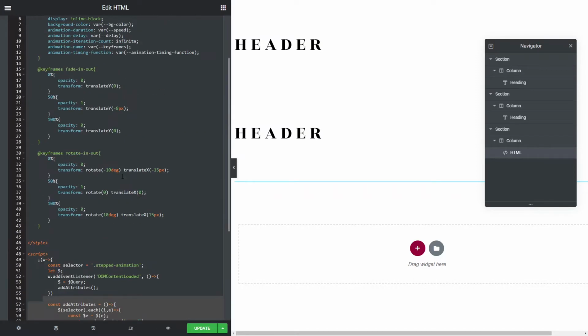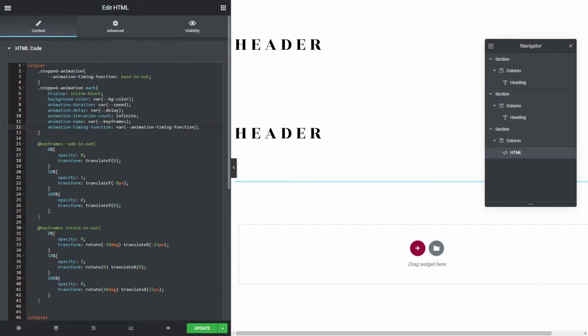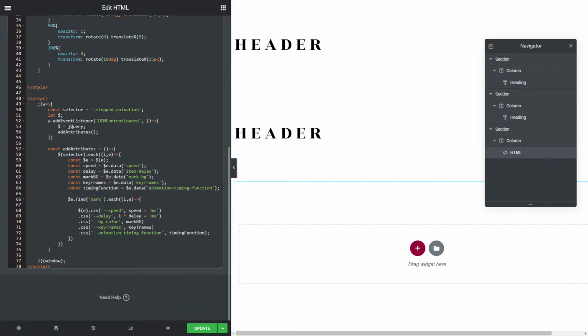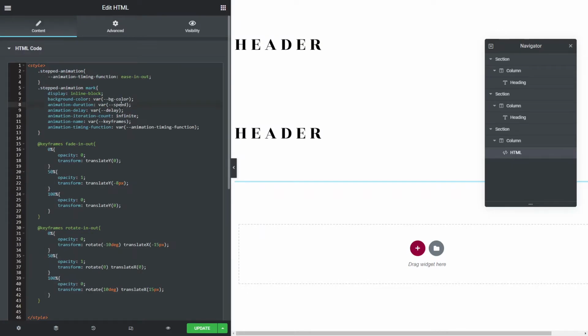Now, in the first case, we said we wanted to be a fade in, fade out. So up here at the stepped animation mark, we're setting it to inline block so that we can set transform properties on it. And we're setting the background color to the BG color. So that was the mark BG that we set in the attributes. Animation duration to the speed we set in the attributes. The delay to the delay that we set in the attributes,